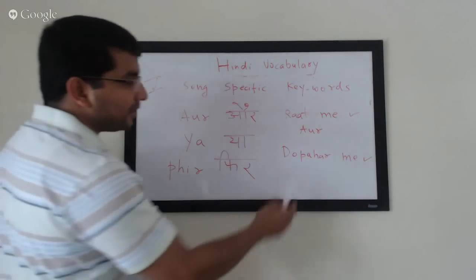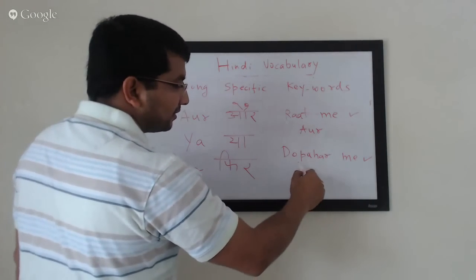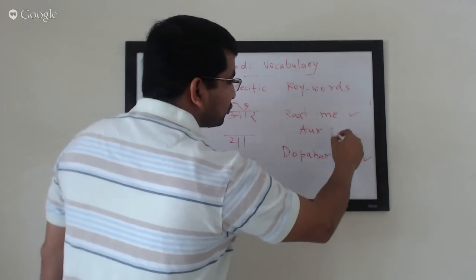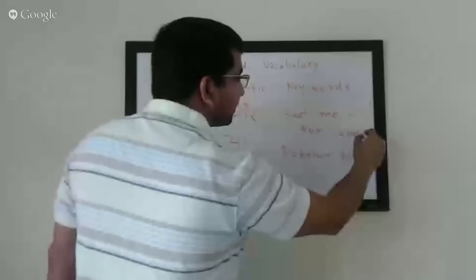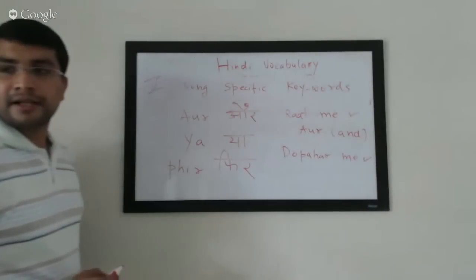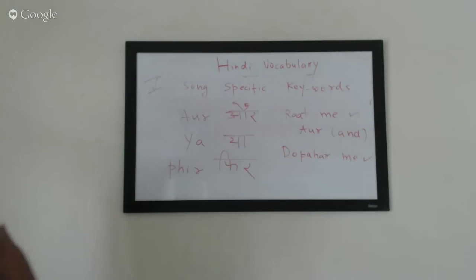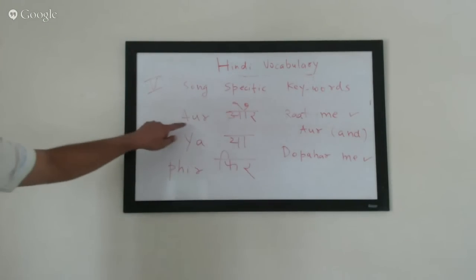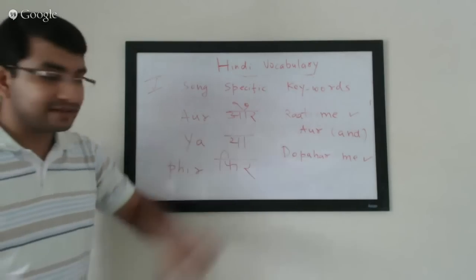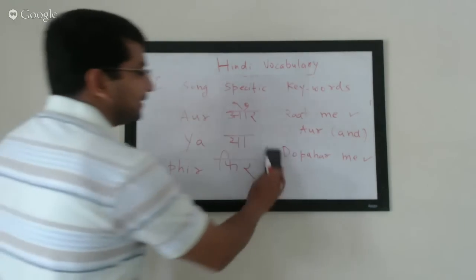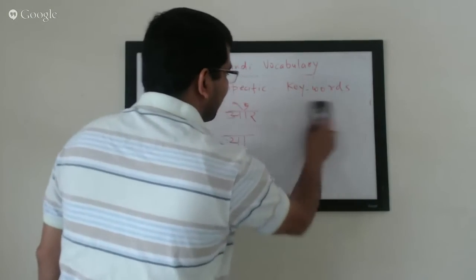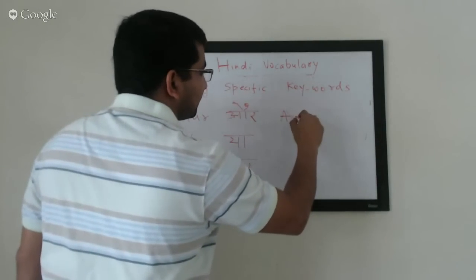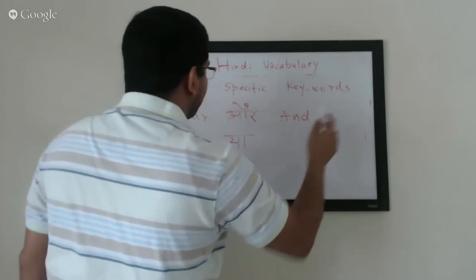It means maybe at night and during the day. So by default, it comes to my mind that it might mean and, that they may be talking about this and this. So even if I don't know what it means, I can guess that it means and, and that's exactly what it means. It means and,